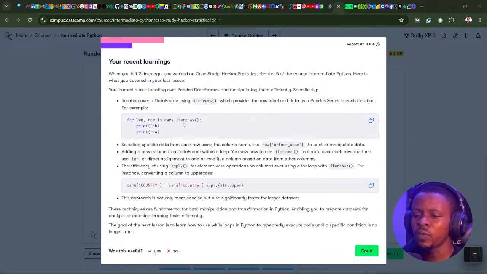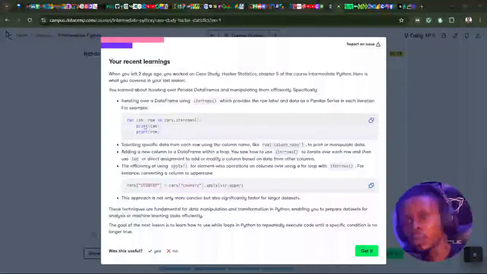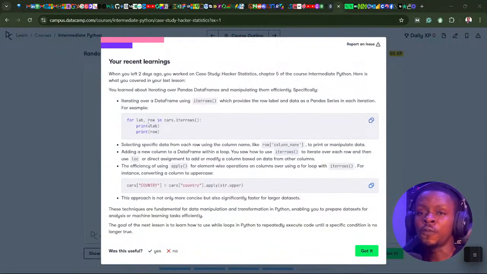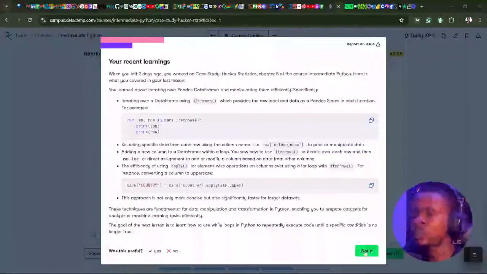Okay, so this is what we covered on the last live stream. Just a little bit of knowledge there. This is what we are focusing on: lab rules. We're using for loops in Python on dictionaries, and we also use for loops in Python on NumPy arrays. This is what we covered on the last live stream, which is day 15. So you want to catch up on day 15, so you have a good understanding of what we did there.